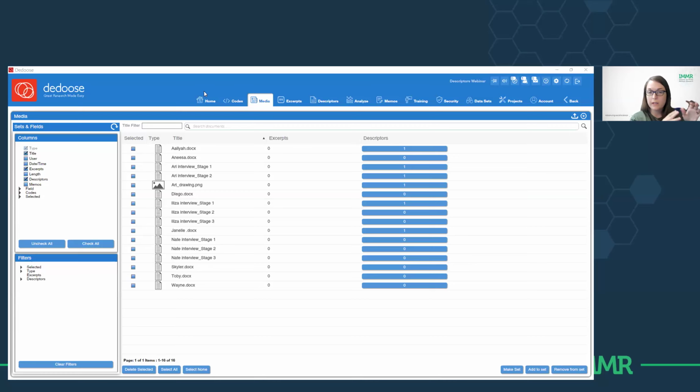So if you divided up your focus groups by gender, for instance, and gender was something important in your study that you wanted to compare, if you had a focus group of all women, yes, you can add a descriptor, you know, field gender, and then women to that whole focus group. Location. Organization, where the focus group was.